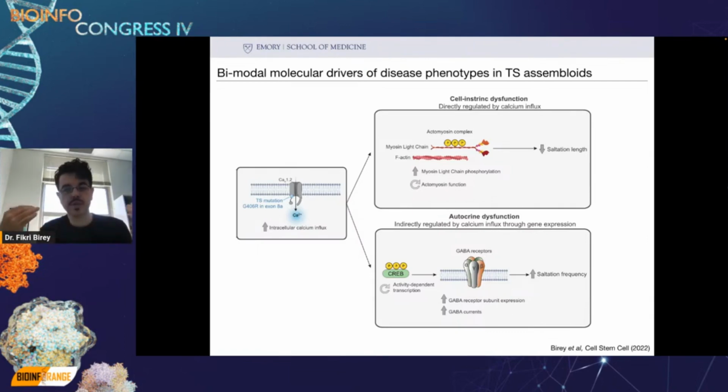If one were to just do a simple migration assay, for example, you might be able to get elementary level insights into what might be going on, but this model really allows you to tease apart at the molecular level what the drivers might be, and that could be essential if you want to